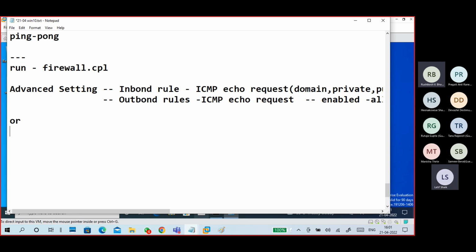Or you can do another thing. Run, Windows Firewall on or off.